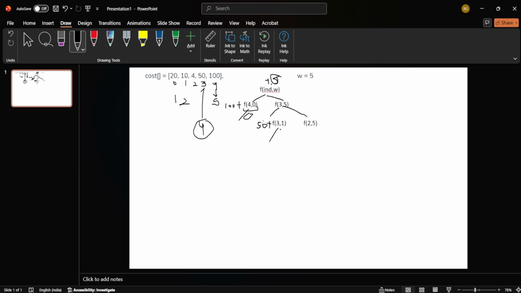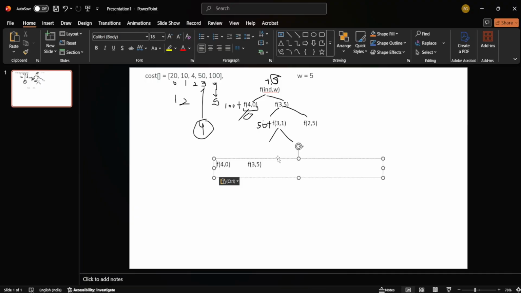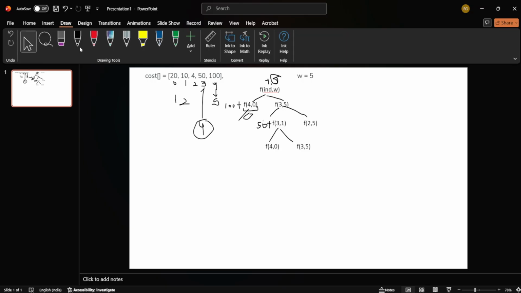Now, as my current weight is 1 and I am at the third index, which has weight 4,